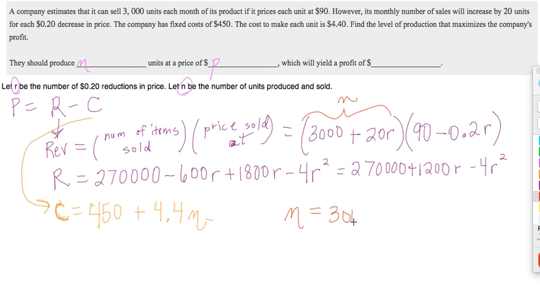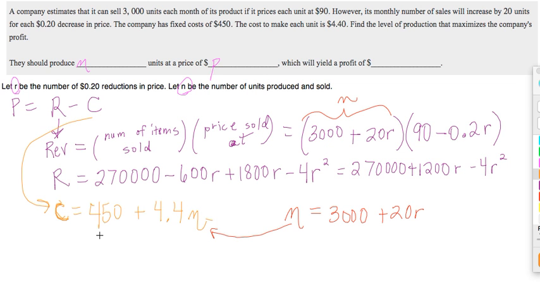So N is 3,000 plus 20R. Now you have two options here. You could solve this equation for R and plug it in here and here. I think that would be the harder way to do it. So because it's already solved for N, I'm going to plug it in for N